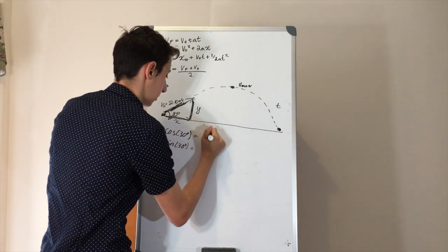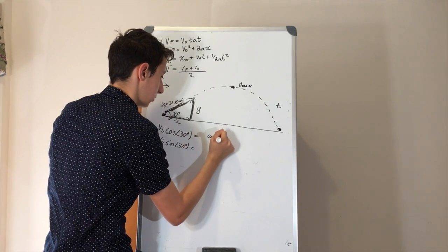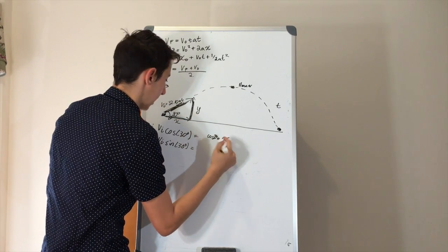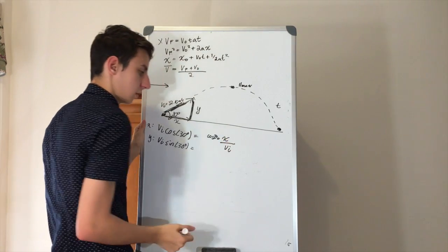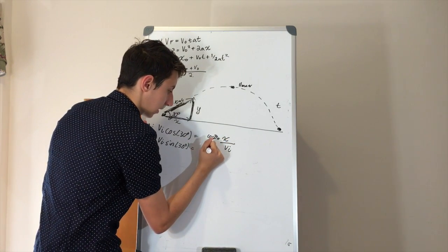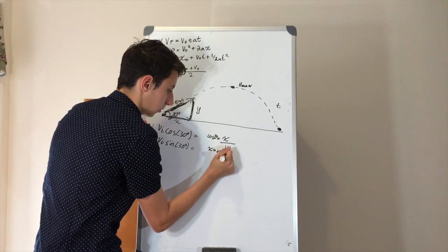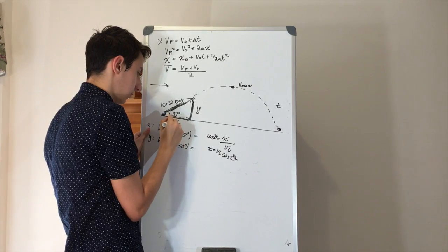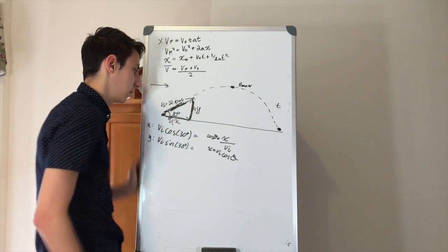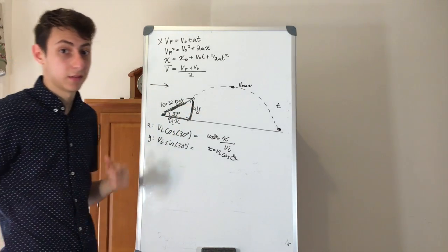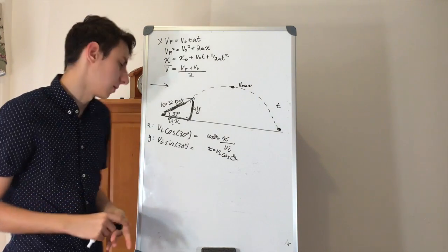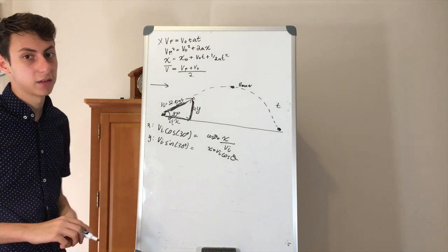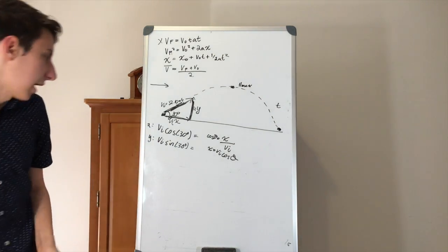Because think about it. If we have cosine theta is equal to x over v initial, we just multiply v initial on both sides. So we get x is equal to v initial cosine theta. And the x in this case would be in terms of v initial x, v initial y. Since one of our vectors is velocity, they're all vectors of velocity. Alright, so now that we have that, let's find our initial velocity in the x and our initial velocity in the y. For x, we should get